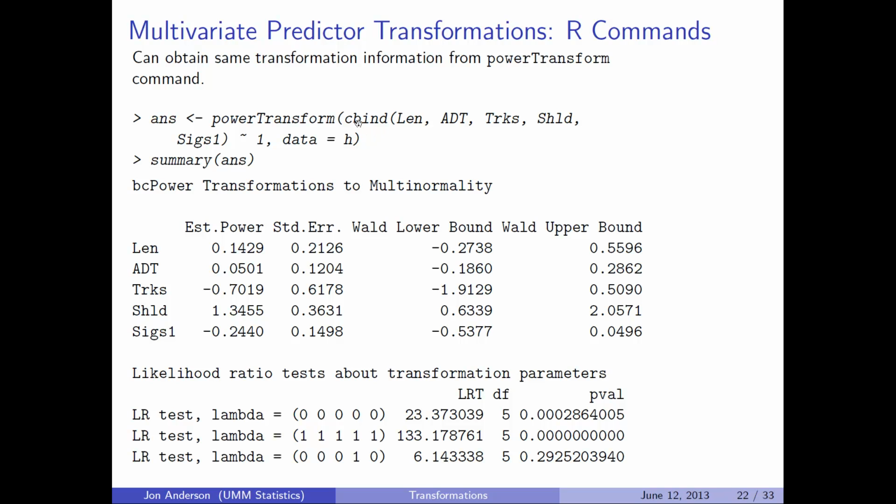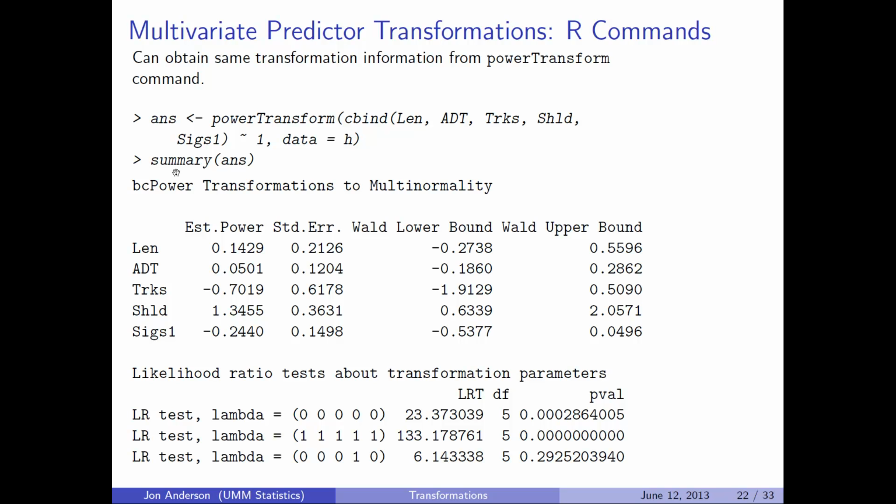We want to use a binding together of the set of length, ADT, TRKS, shoulder, SIGS1, and then we want to have that not related to anything else. We just want to transform that set. So we have it as a function of nothing, or of a column of ones,